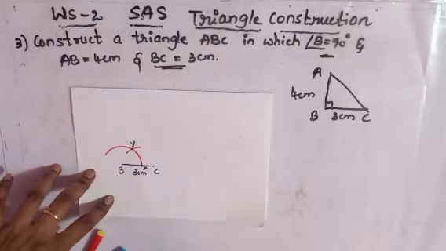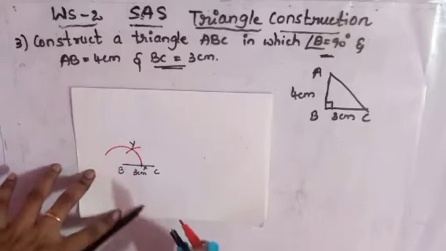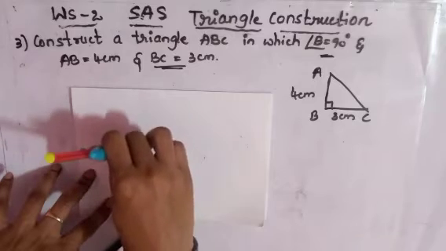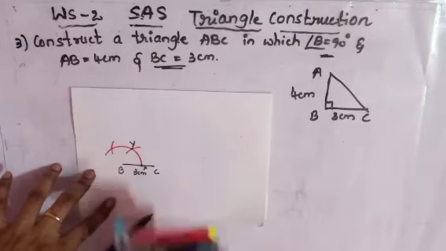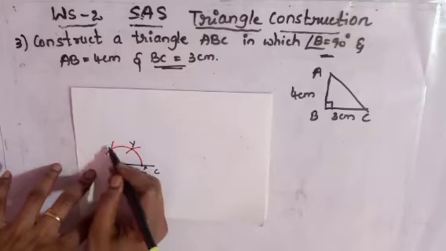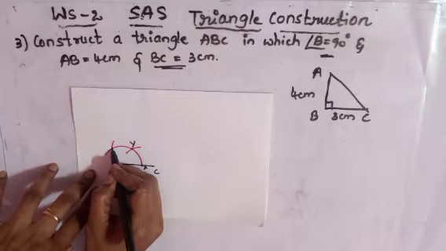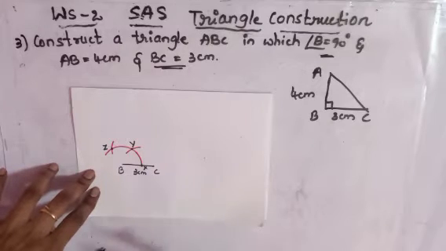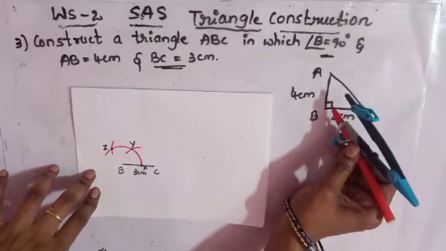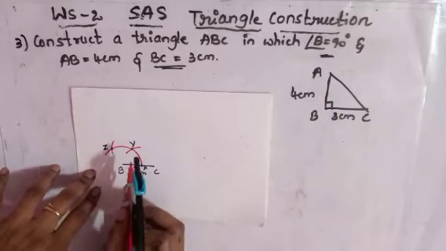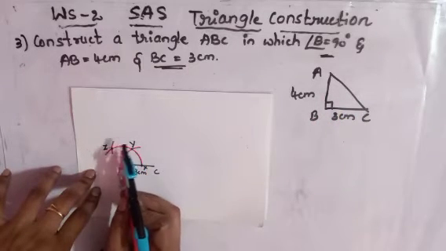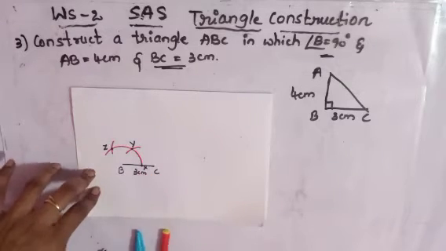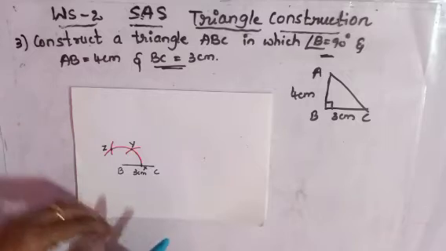This is 60 degrees. Next, with the same radius, draw one more arc on the semicircle and name the point where this arc cuts the semicircle as Z. How much angle do we have to make here? 90 degrees. So the 90 degree angle will come between 60 degrees and 120 degrees. This is 60 degrees and this is 120 degrees. Between them we will get an angle of 90 degrees.